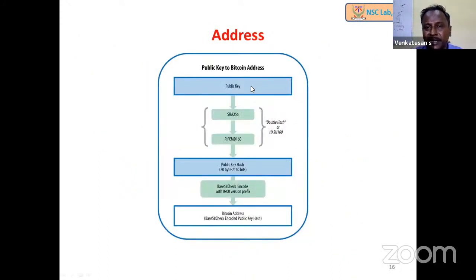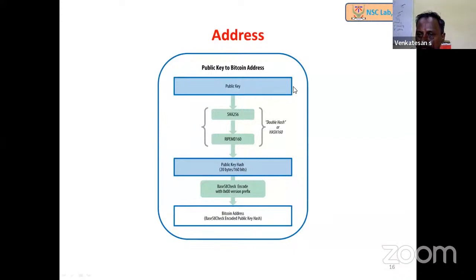To participate in the network, we always need an account number or address, we can say. As I said in the very beginning, if we want to go to a bank, an account will be created for us, and that account will be identified through the account number. Similarly, in Bitcoin also, we can participate using the Bitcoin address. A person who wants an account in Bitcoin or any cryptocurrency network has to generate the key pair, that is the private and public key pair, which is used for proving ownership.